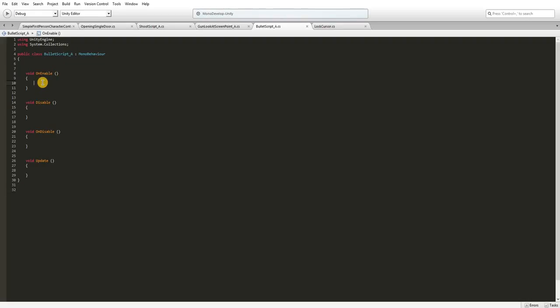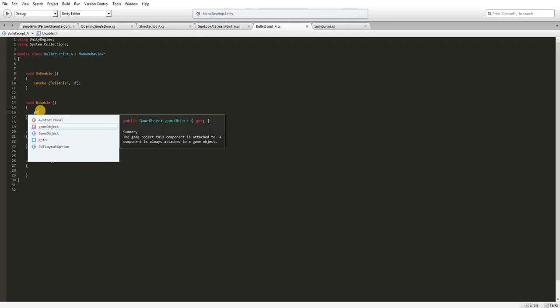And okay, so we don't need any public variables for this. So we'll start off with an invoke. Say this is disable. And we'll wait for 3 seconds. So when the bullet is enabled, switched on from our object pool, which we'll do in a few minutes, after 3 seconds this function will be called,